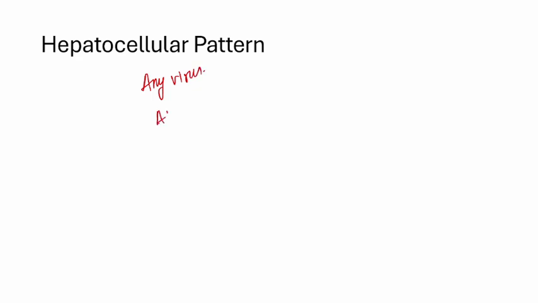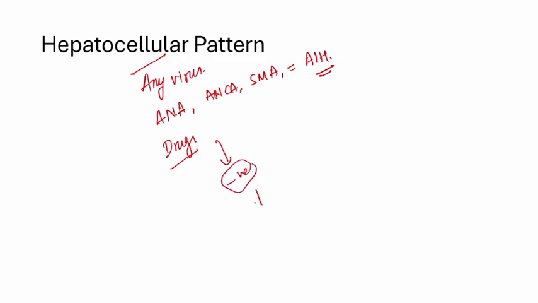right? Anti-nuclear antibody, ANCA, smooth muscle antibody, anti-liver cytosol antibody. It means autoimmune hepatitis has to be ruled out, drugs have to be ruled out. If it is negative, you have to go for biopsy,